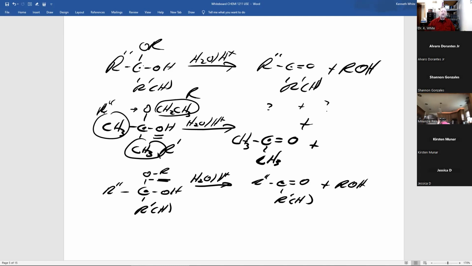Next, what's R? Ethyl. The carbon with the oxygen here is the carbon the hydroxyl group will be on. So I'll get ethanol. Again, keep your eye on the carbon with the two oxygens. That becomes this carbonyl. What's attached to it, R prime and R double prime, are still there. And my R group is this alcohol. And that's how you do it.